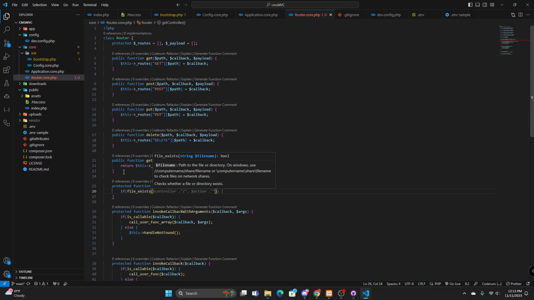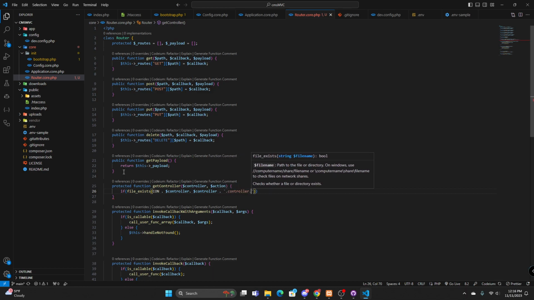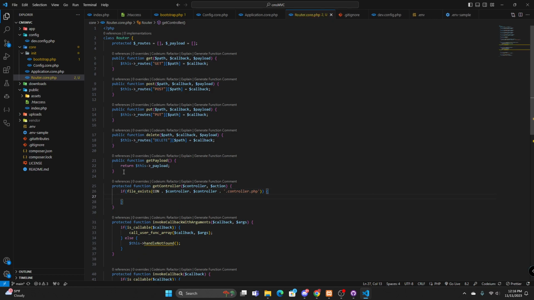And then we're going to say, best way to do this, $controller, and then dot controller dot php. So if that file exists, what we're going to do is also check if the file exists,